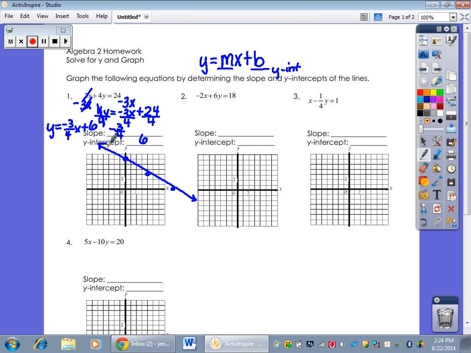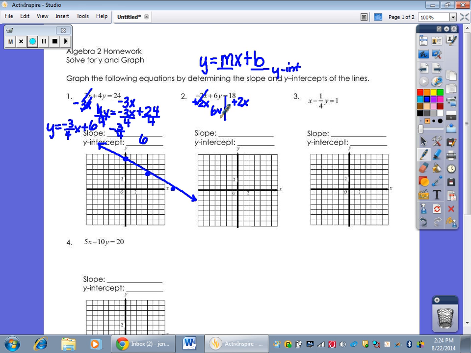Number 2, 3, 4 are going to be done exactly the same way. We need to solve for y first, find our slope and y-intercept, and then graph it. So I'm going to give you a couple of minutes to go ahead and do number 2. Go ahead and solve for y. So, to solve for y here, we're going to add 2x. You should have added 2x as your first step,